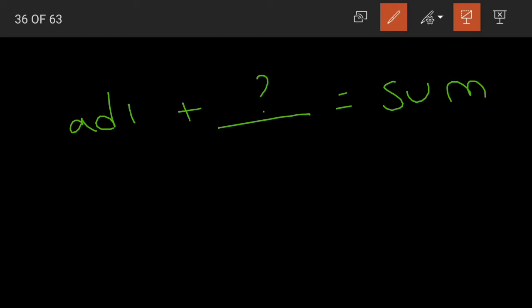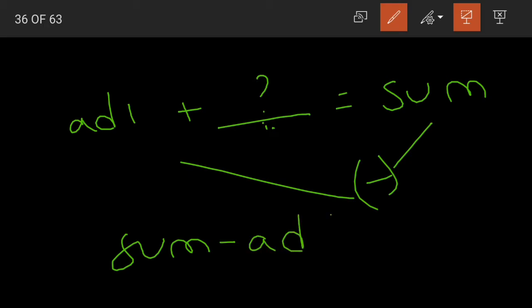Children, again if you remember, addend 1 is given and sum is given. We need to find out the second addend. What did we do? We subtracted these two, right? Sum minus addend gives us the other addend. Yes, in the same way here,